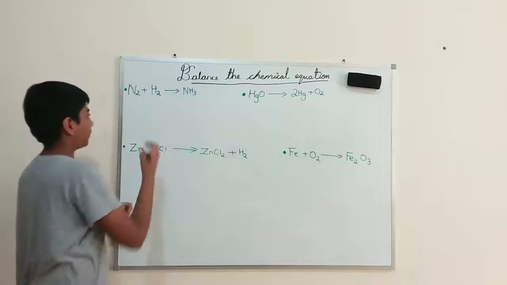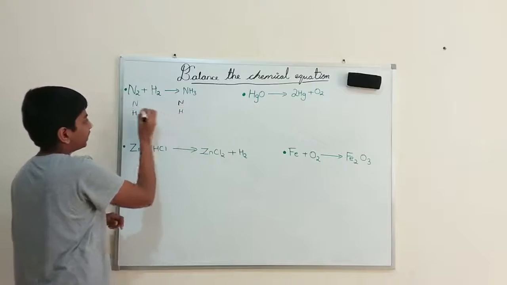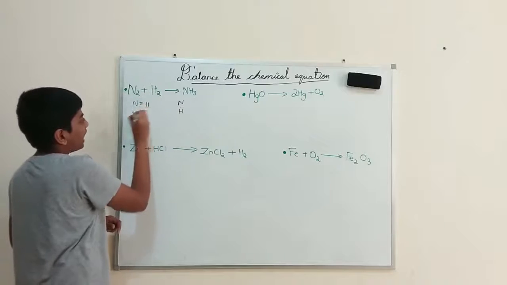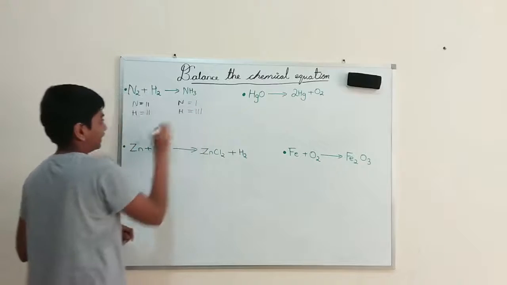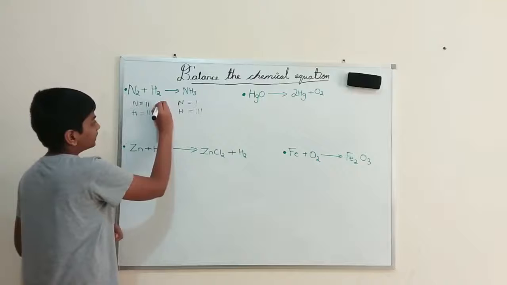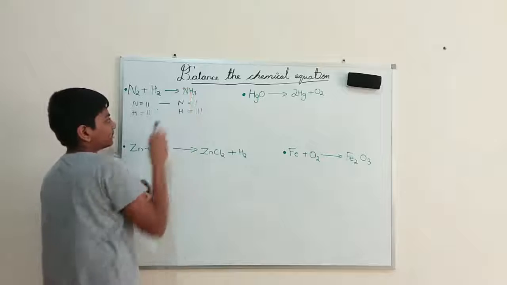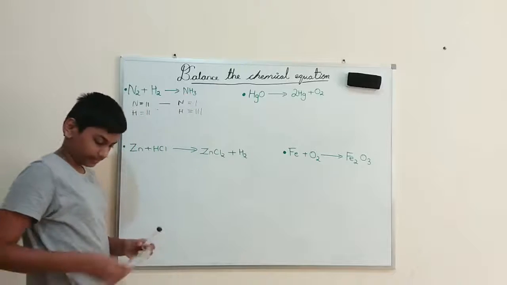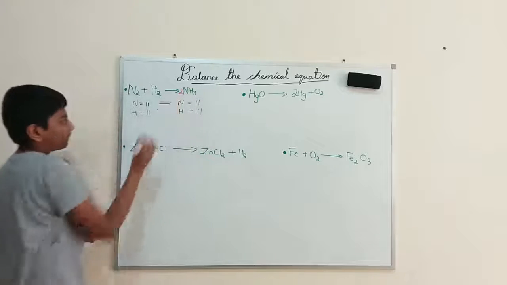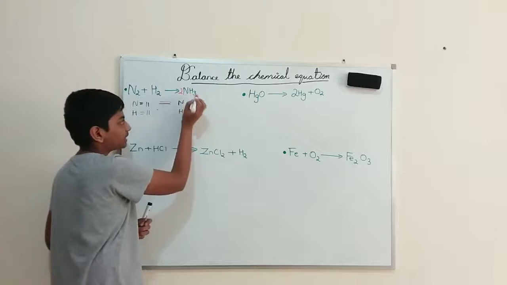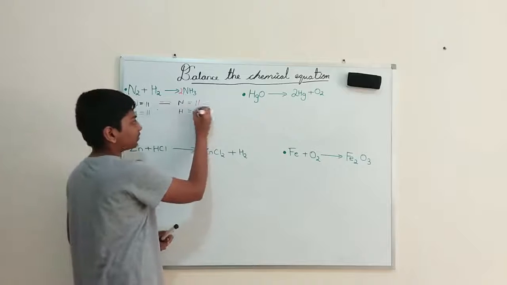So here we have how much nitrogen and hydrogen on this side, and how much nitrogen and hydrogen on this side, okay? Here nitrogen there are two, and hydrogen there are two. Here nitrogen there is only one, and there are three hydrogens. Now what should we do? We should make these both equal and these both equal, but actually they are not. So I should simply add a 2 before the N, so it will be 2N. Then they both become equal. But this 2 will multiply this 3 also. So how much hydrogen will I get? I'll get 6 hydrogens.